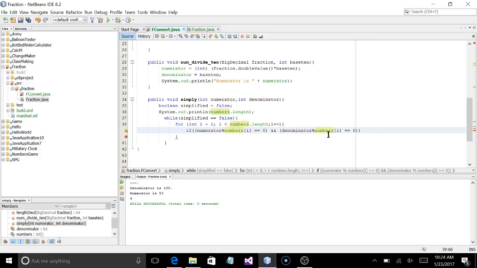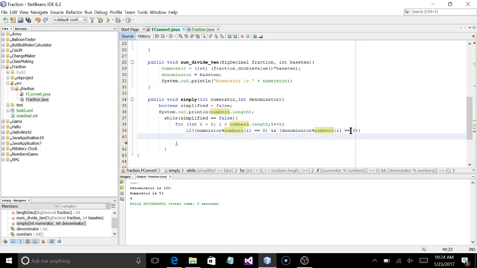So what we're doing is, if the numerator can be divided by some number where the remainder is equal to 0, meaning there were no leftover values, and if the denominator was also able to be divided by that, what we're going to do is